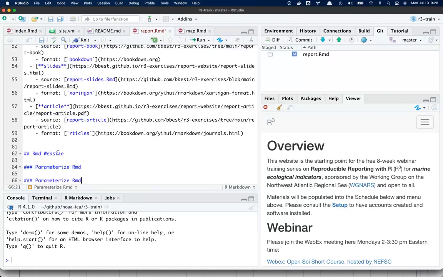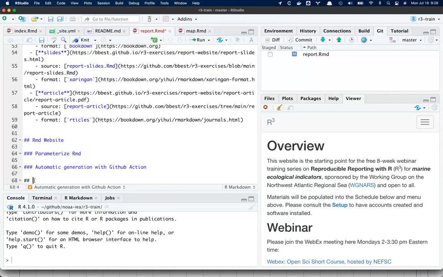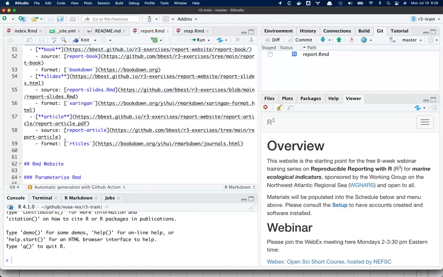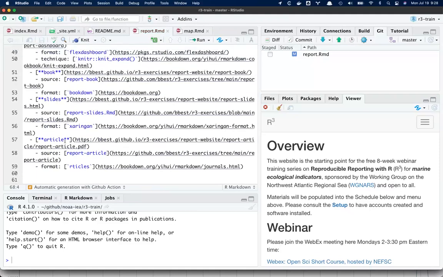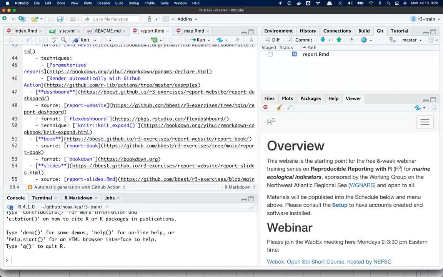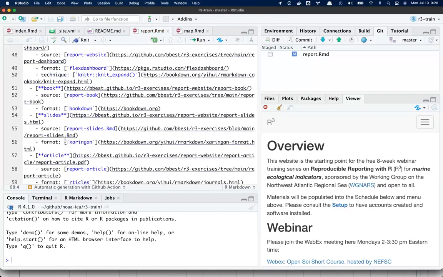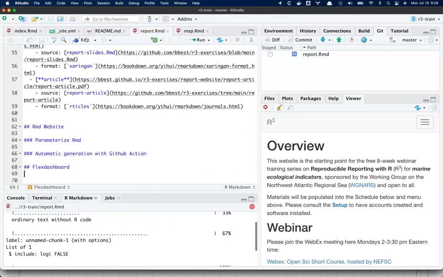And then I'll go into automatic generation with GitHub Action. And then another higher level on Flex dashboard. Okay, so if we knit this,